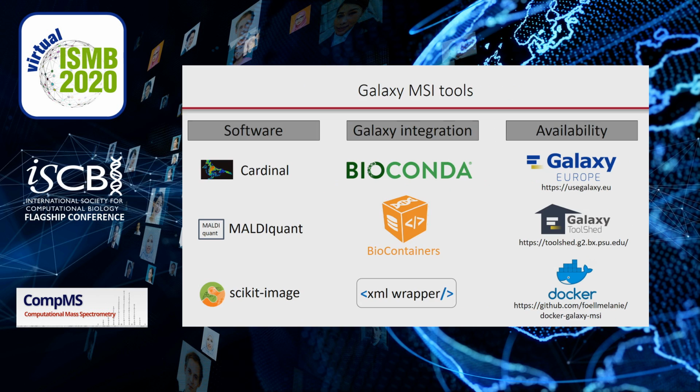To build MSI tools in Galaxy, we have integrated a variety of existing open-source algorithms. Most functionalities are based on algorithms of the versatile MSI software Cardinal. MSI preprocessing algorithms were used, as well as scikit-image as basis for the development of image co-registration and regions of interest annotation functionalities. For each software, we have built conda packages and containers to allow automatic installation of all dependencies and version control of the MSI Galaxy tools.